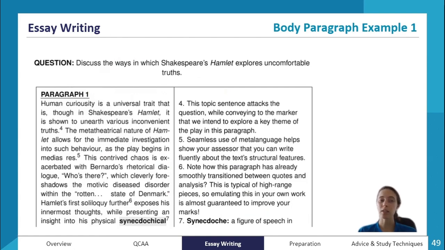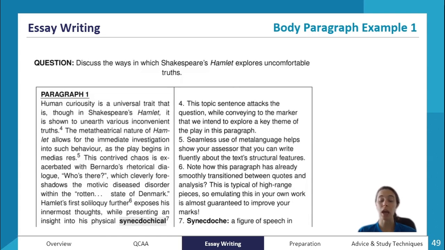So let's have a look at some examples now of body paragraphs. Discuss the ways in which Shakespeare's Hamlet explores uncomfortable truths, our same question from earlier. Now, to begin with, we've got "human curiosity is a universal trait. That is, though in Shakespeare's Hamlet, it is shown to unearth various inconvenient truths." So this topic sentence is directly responding to the question. We've got that idea of